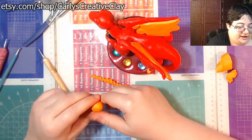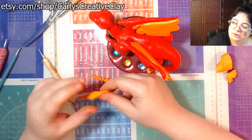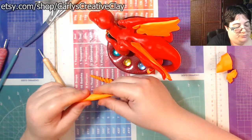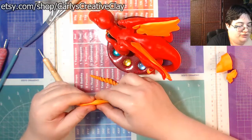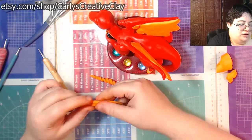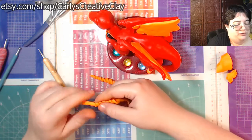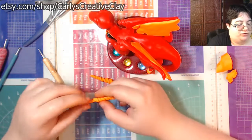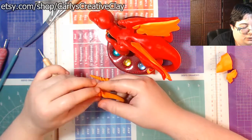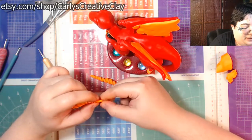Do that again with your next one. Into a sausage with a bit more of a bump for the middle, but you don't want too big a bump, so you're going to bring it out to that. Squish it flat, then twist. You can either hold one hand still and just hold and help support along as you twist, or you can twist both at once. It's entirely up to you. There you go, all the way along. Right, now